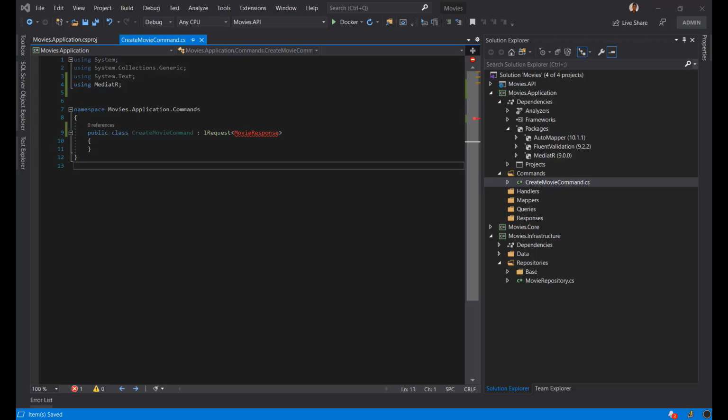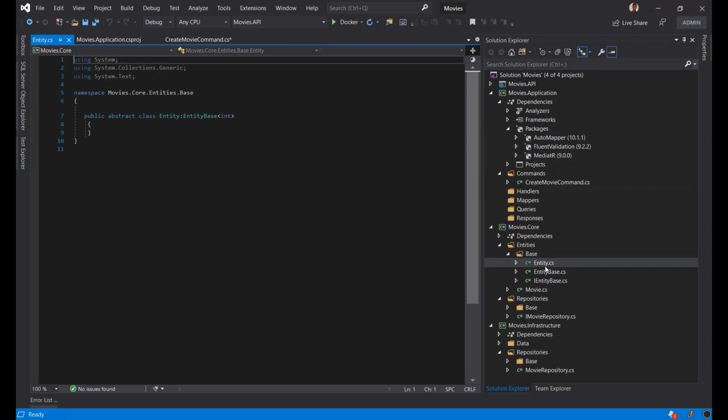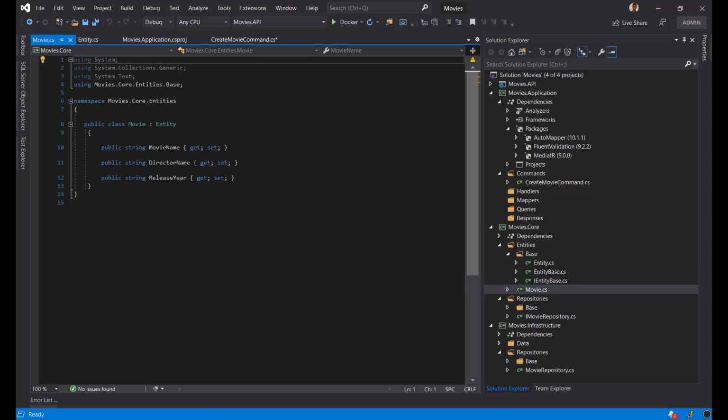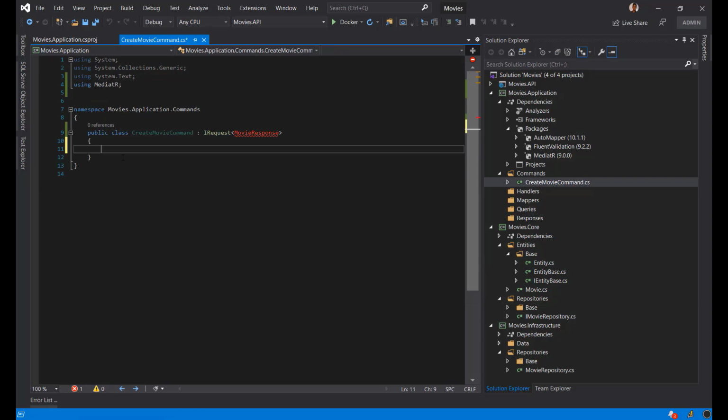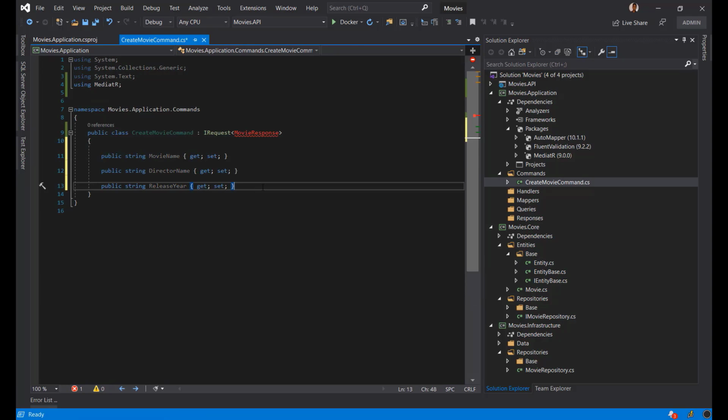And now the thing is that I need to create that response also, right? But before that, it is going to take that entity itself, and that we can take from our entity itself, and that is nothing but, sorry, not the entity, the movie which we created. And this is what you are going to receive from the front end. And from the front end I mean, let's say you are going to receive it from your API, and that is what it is. And let's create a response which is going to have